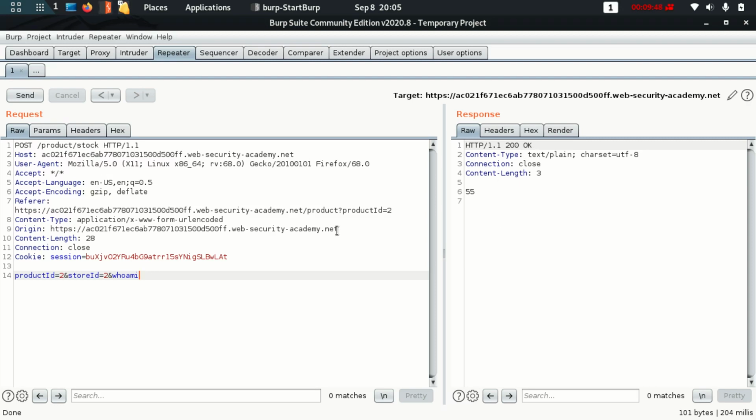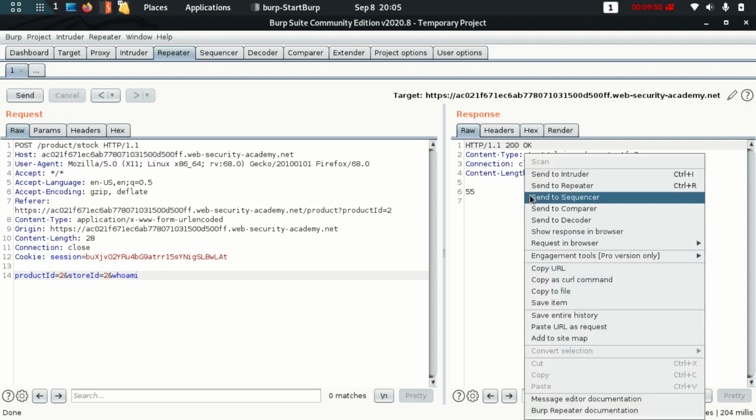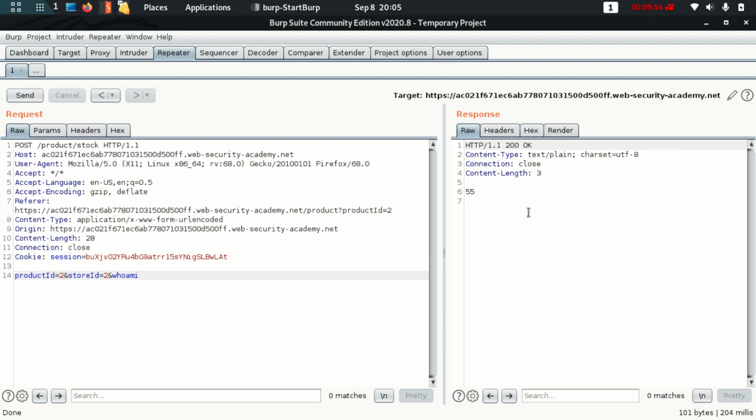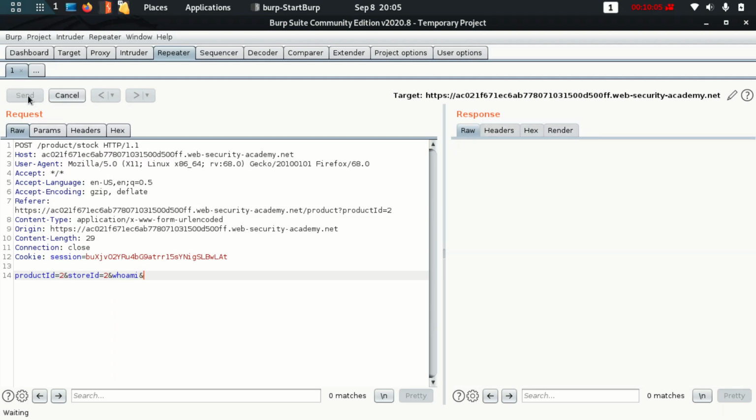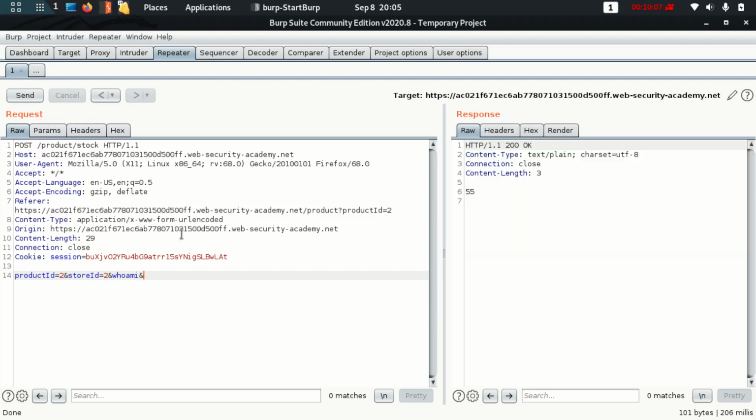So it gave me some results. Let me copy this, copy the URL, but it did not show me anything right now. Rather than "and who am I", let's do "and UMI" and let's run this again. Nothing much. And then "and UMI", let's try "or UMI".